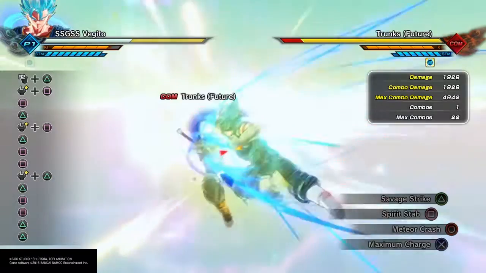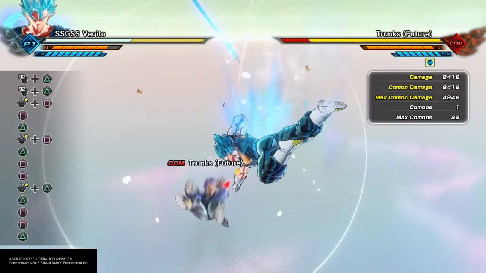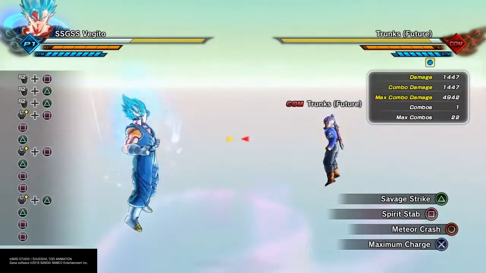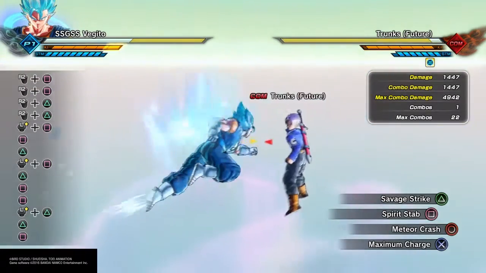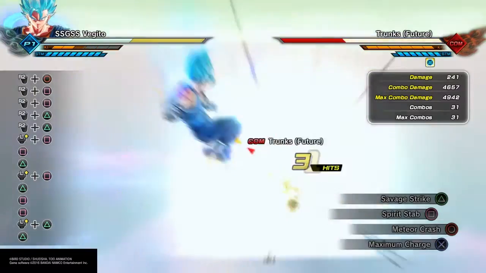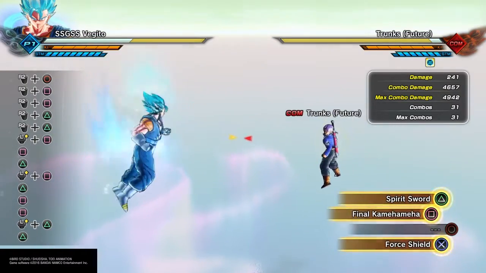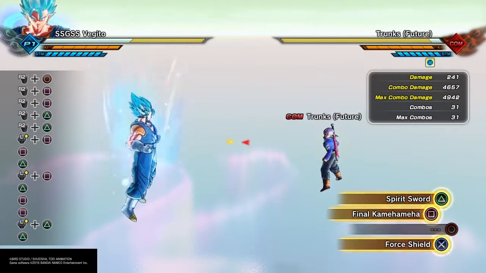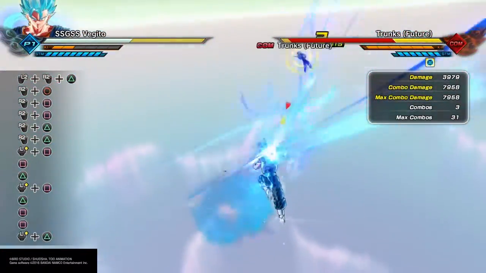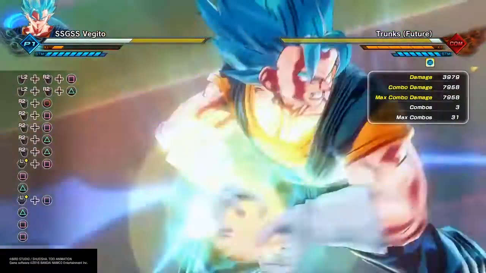Savage Strike, the first variation, is going to do 1,929 damage. The second is going to do 2,412. Spirit Stab is going to do 1,447 damage. A fully used Meteor Crash will do 4,657. Now, a newly buffed Spirit Sword will do 7,958 damage, whereas Final Kamehameha from up close and personal will do